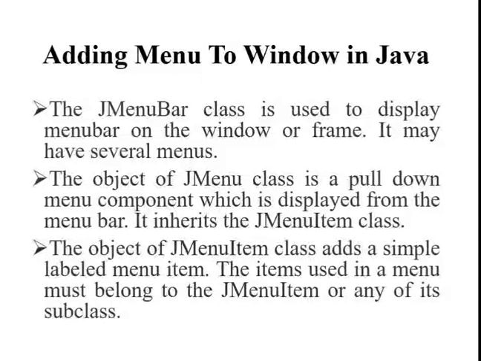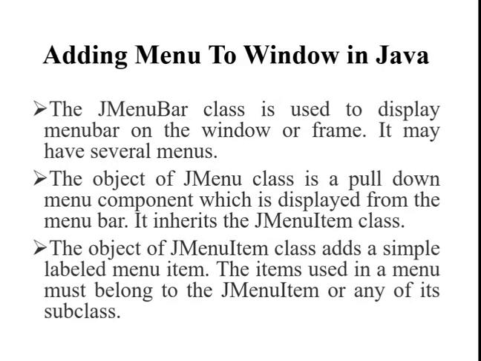Let us consider the program, that is, import javax.swing, class MenuExample, including JMenu menu, submenu, JMenuItem i1, i2, i3, i4, i5. We are creating the JMenu menu. JFrame f is equal to new JFrame, menu and menu item. We are creating the JFrame with the name menu and menu item. Then next, JMenuBar mb is equal to new JMenuBar, menu is equal to new JMenu menu, submenu is equal to new JMenu submenu. That is, we are creating the menu of name menu, then we are creating the submenu of name submenu, then we are adding the items to the menu.